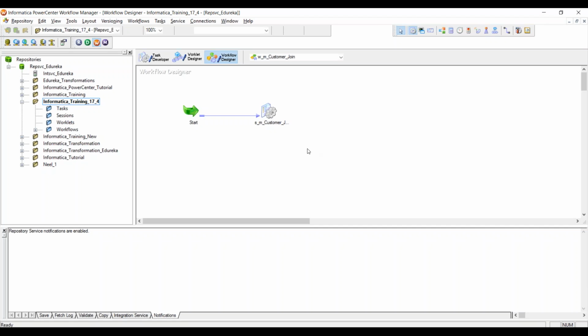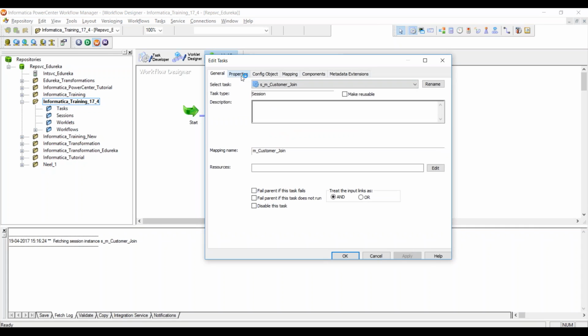Now again, what you need to do is modify the session properties to meet our requirement. So let me just double click this. And here again you have the option of making it reusable. Once you make it reusable, it will be available inside your sessions option here. Again, it's the same for all the tasks. If you make it reusable, it can be found in the corresponding folders. Okay, so once you are done with this, since we don't need to make it reusable, just go to the